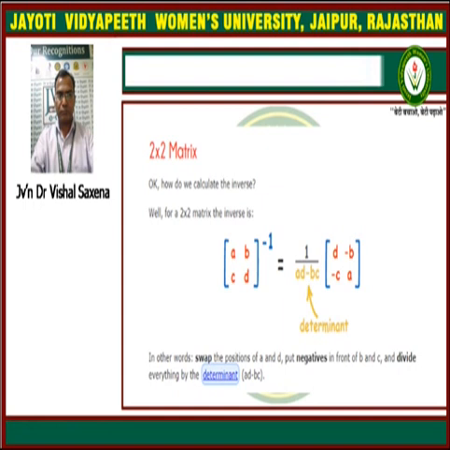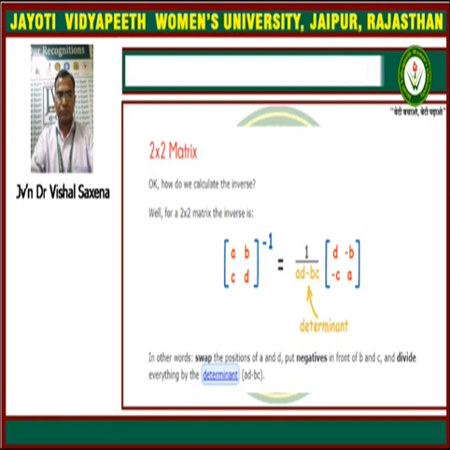So here we have one example. Suppose the matrix A is of order 2 by 2, that is a, b, c, d. Then what is its inverse? Its inverse is given by 1 upon ad minus bc, where ad minus bc represents the determinant of the matrix, times the matrix d, minus b, minus c, a, and this is called the adjoint of the matrix.